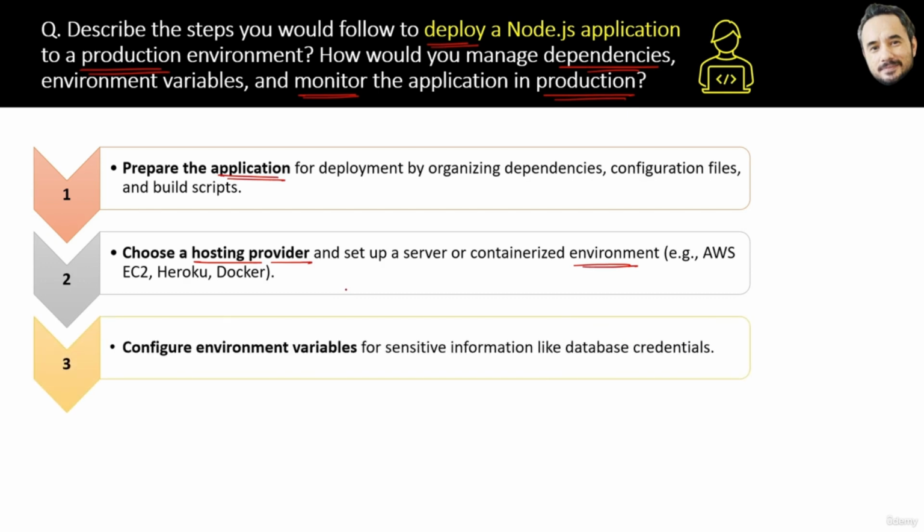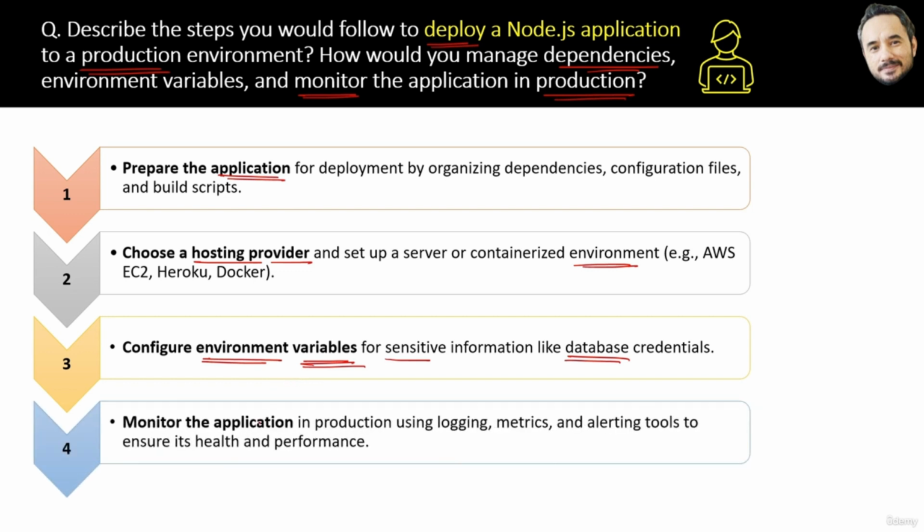Then third step is to configure the environment variables for sensitive information like database credentials. Yes, to store sensitive information like database server address, username, password, there are multiple ways to store them, and I personally prefer the cloud techniques, but environment variables are the most basic and old ones, so you can use them or any other technique. The fourth step is to monitor the application in production using logging, metrics, alerting tools to